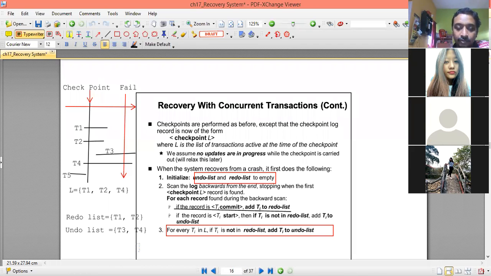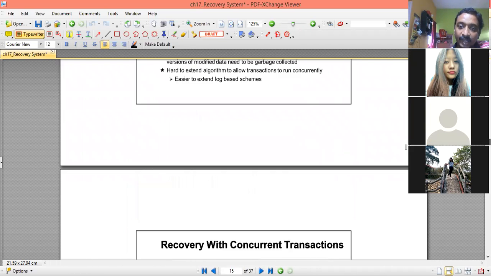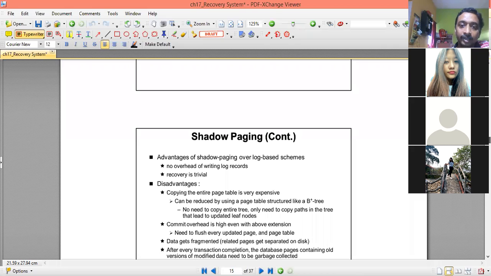Now, just to summarize today's class. Today we have talked about one recovery mechanism called shadow paging, which does not require any undo or redo operation, because shadow paging uses two kinds of page tables.